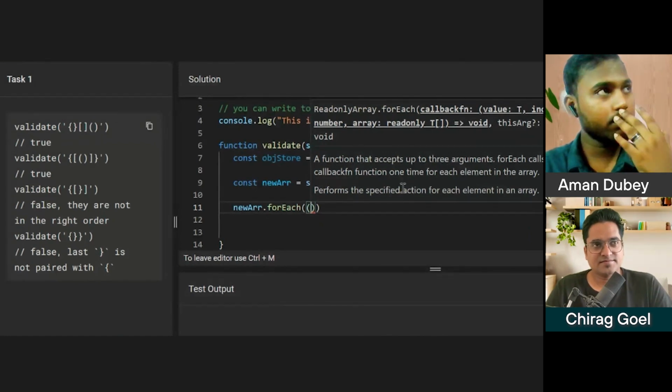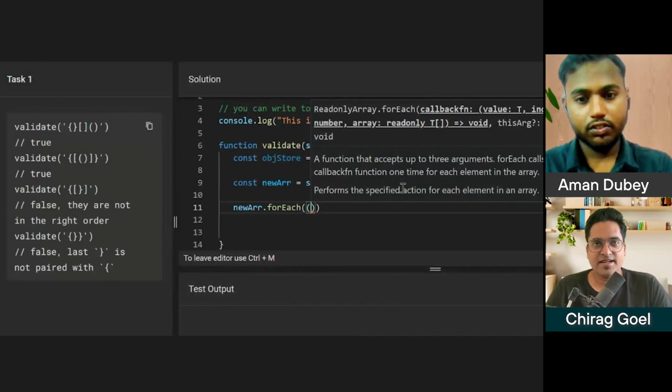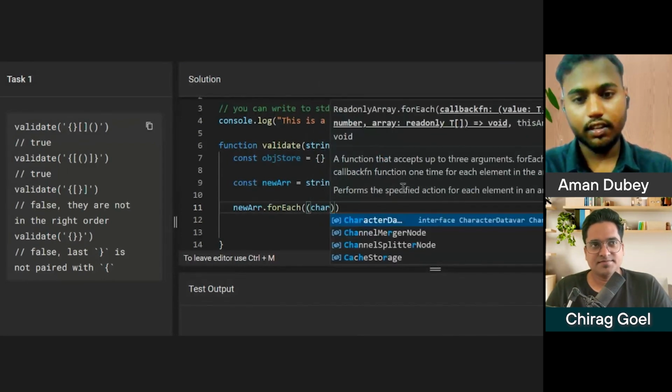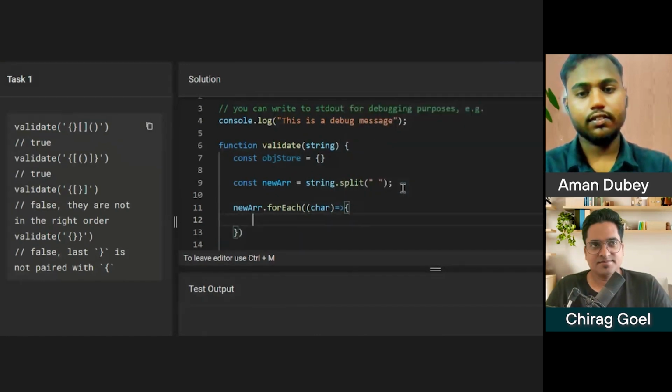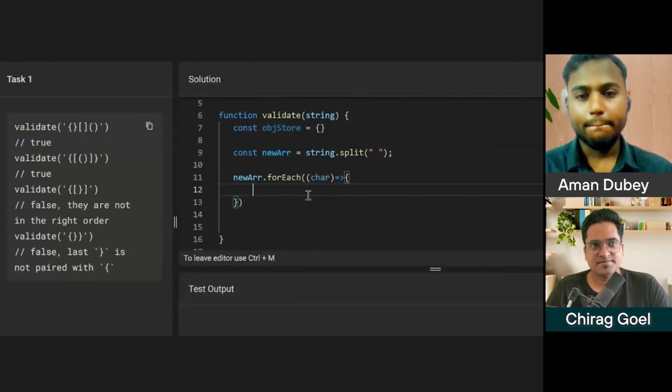It will give one element at a time, so we will have the character, char. Now we are accessing the particular character, and we have to store it in our object now.